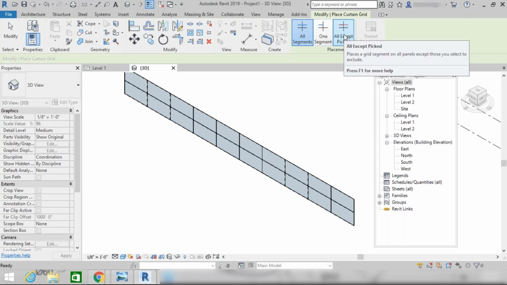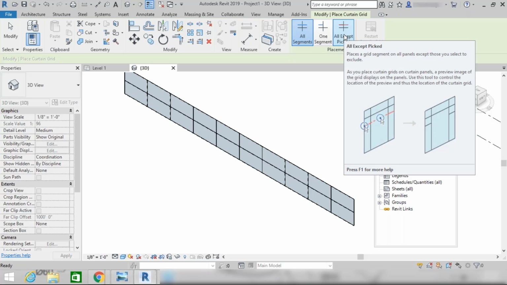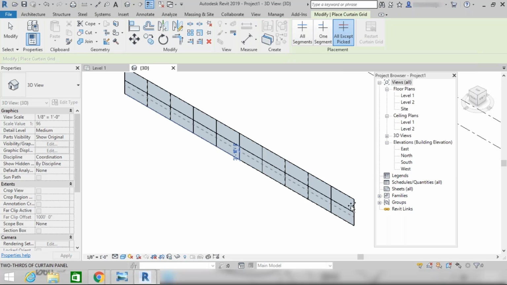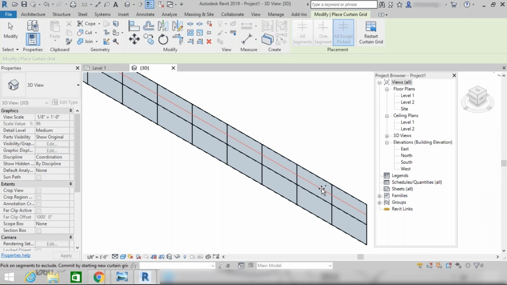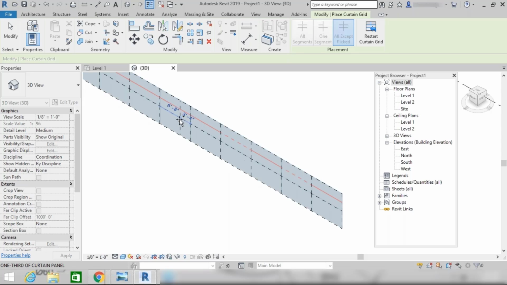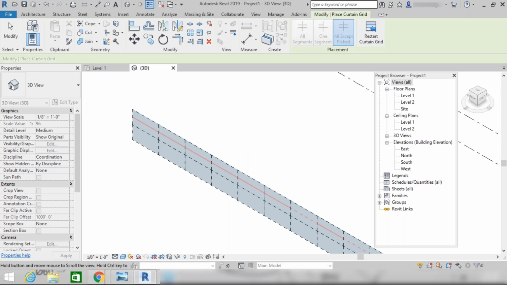So here we have all except picked. In this way, let's suppose I want to subdivide this part. Here it will create a line first. After that, you have to pick the point at which you do not want a curtain grid. So let's suppose you do not want it here, and at this point as well, as you want only alternate.